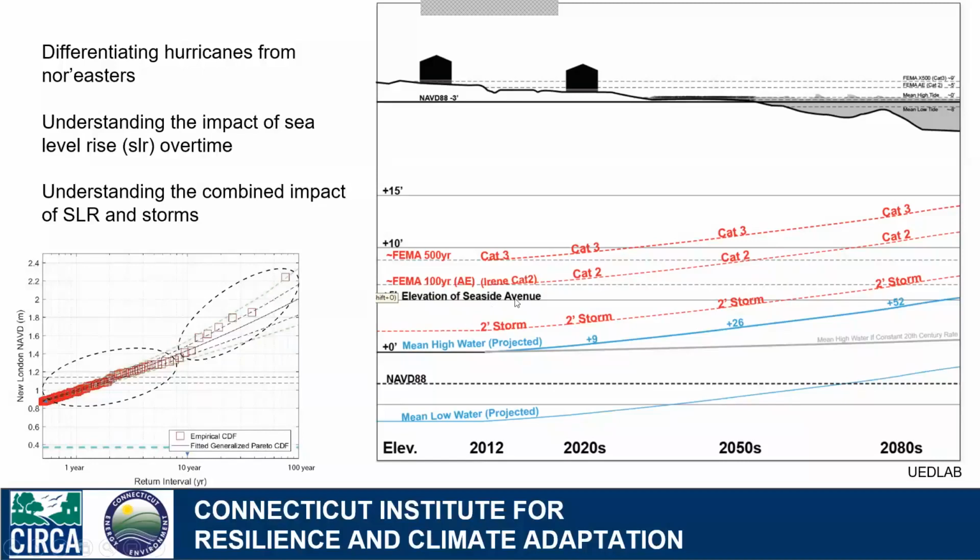And on the right, just looking at the example, Joe had mentioned the floodproofing requirements, the 2 feet above BFE, or base flood elevation. The right really illustrates this idea that we're in a changing condition. So, the 100-year storm event today, by 2050 it's going to be closer to the 500-year storm event today.